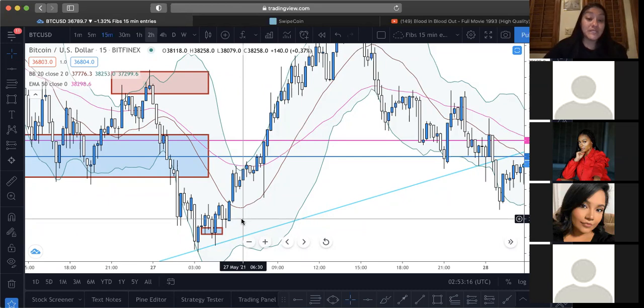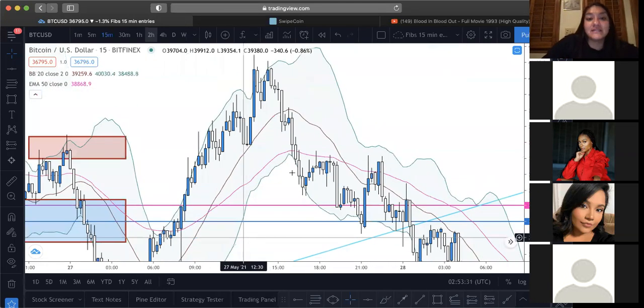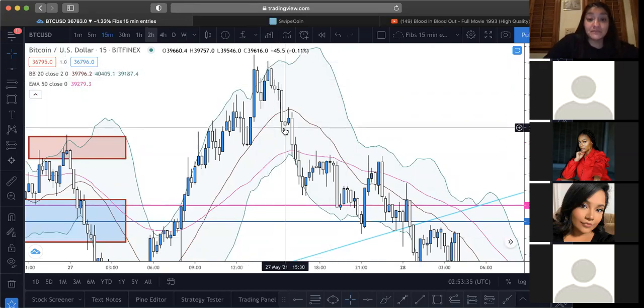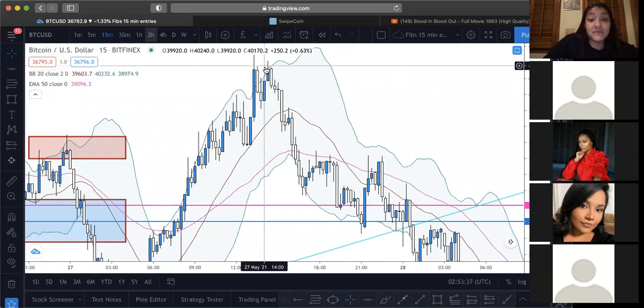And if it doesn't reach the sweet spot, then you know that if it's between the white hot zone, which is the 236 and the 382, then you can do buy stops on the way up. Same in the trending market down, you can do sell stops on the way down. And you can see here, in this case, when it started coming down, if you would have drawn a fib from this high to this low